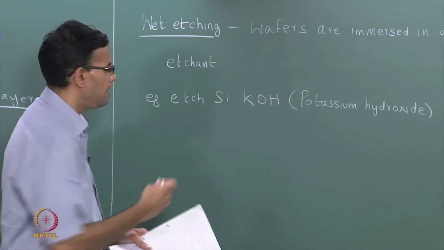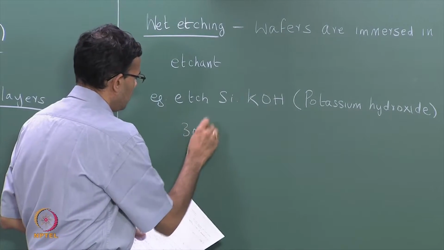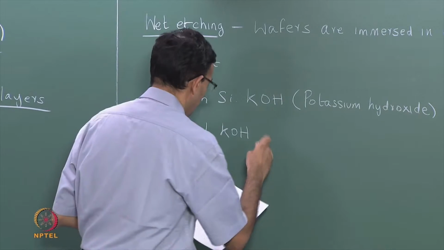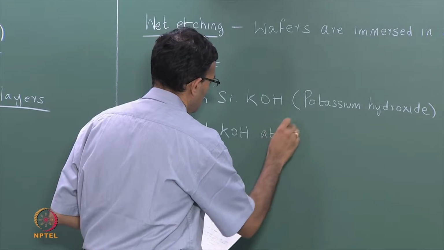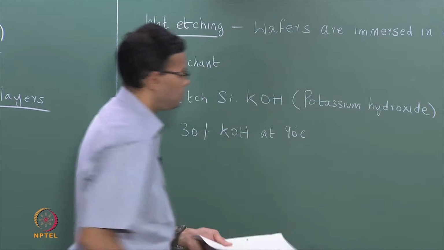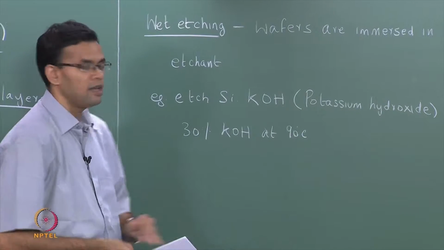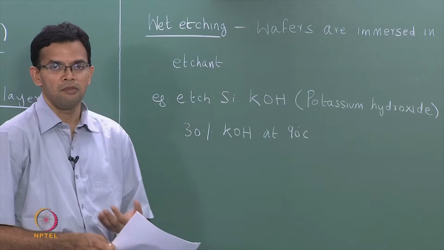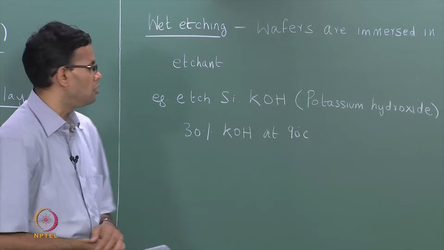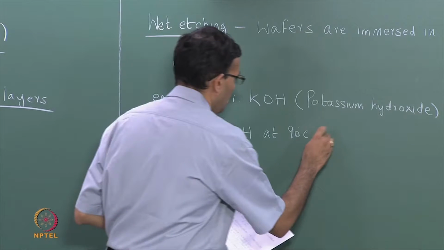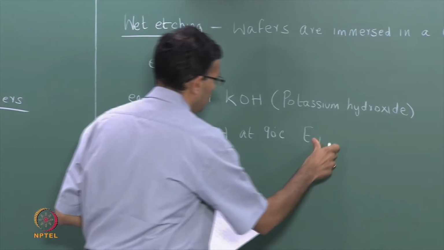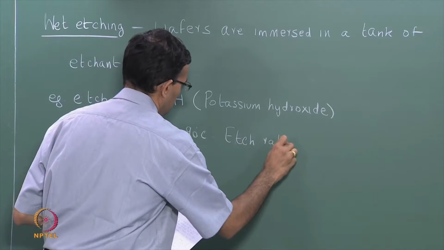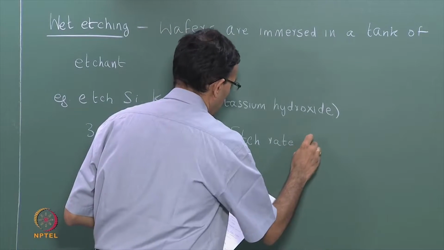So for etching silicon, usually 30% KOH is used at a temperature of 90 degrees. So the chemical is taken in a bath which is heated to 90 degrees, and then the wafers are immersed and are used in order to remove the silicon. Under these conditions, the etch rate is approximately